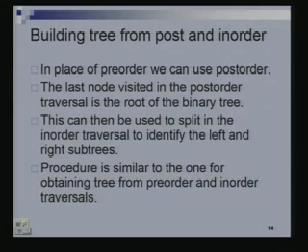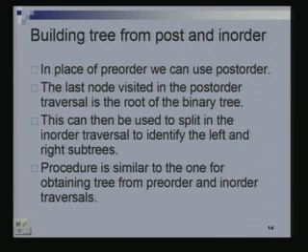Once you know the number of nodes in the left subtree, you can figure out what the post-order traversal of the left subtree is. If there were 5 nodes in the left subtree, then the first 5 nodes of your post-order traversal would be the post-order traversal of the left subtree. In this manner again you can work recursively. You can recursively figure out what the left and the right subtrees are and then plug them into the tree. So given a post and in-order traversal also you can do it.